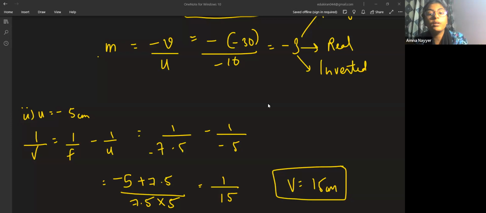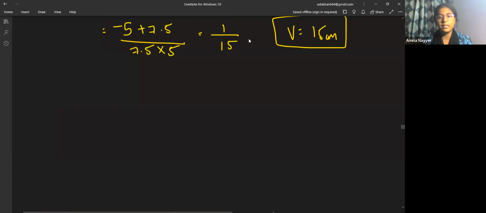All right. So if you by yourself do not mention the sign convention and just consider the magnitude, that won't give sufficient information to you. All right. So this is how we'll solve it. 7.5 into 5, 37.5, you will have 15 centimeter. Now, here the answer is still incomplete. As I was saying, this won't give you every information about the image that we want, right? We have to put in